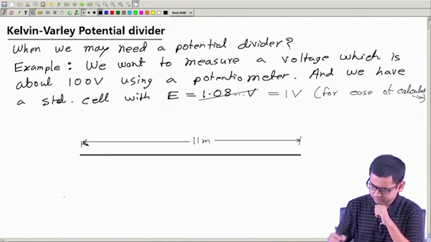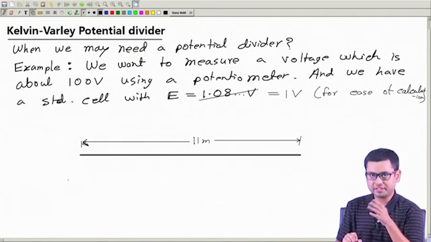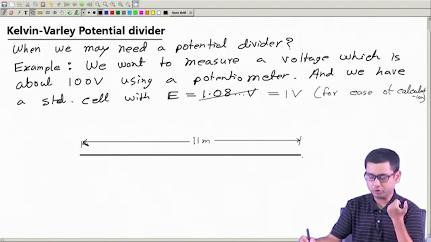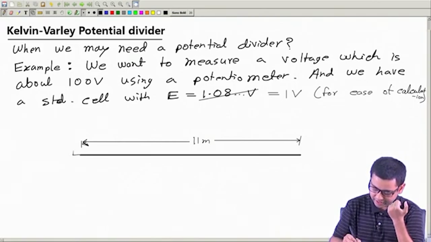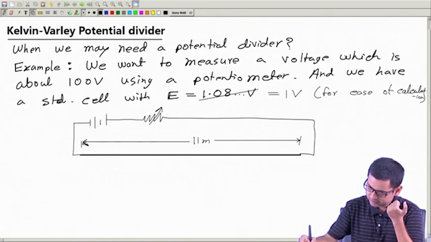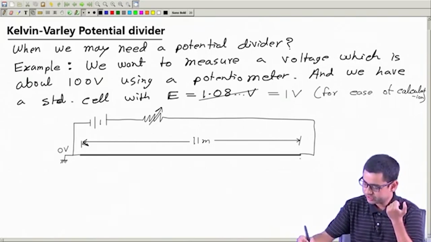Now, we want to measure something around 100 volt. It is only possible if the voltage between the 2 points of this wire is greater than the unknown voltage, which is 100 volt. So, therefore, we definitely need a DC supply, which will provide more than 100 volt here. If I take this side as the reference 0 volt, this side should be around maybe 110 volt. Okay. That is an easy number. So, if I choose to have 110 volt here, this will imply